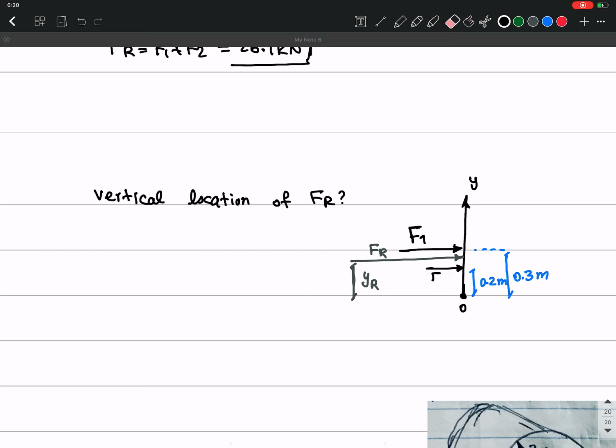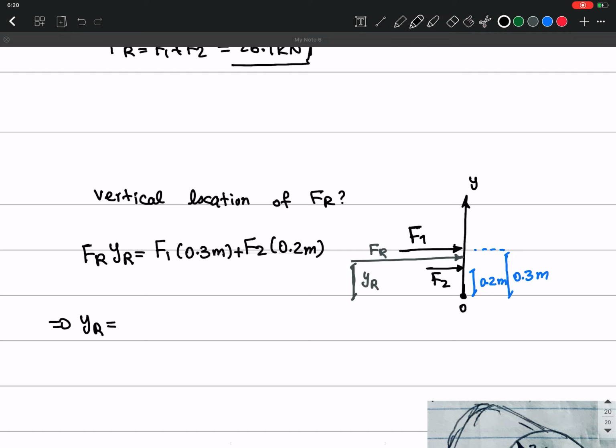This is F2. So FR times YR should equal to F1 times 0.3 meter plus F2 times 0.2 meter, right? I am writing the moment around O. Both of them should give me the same moment, okay? So